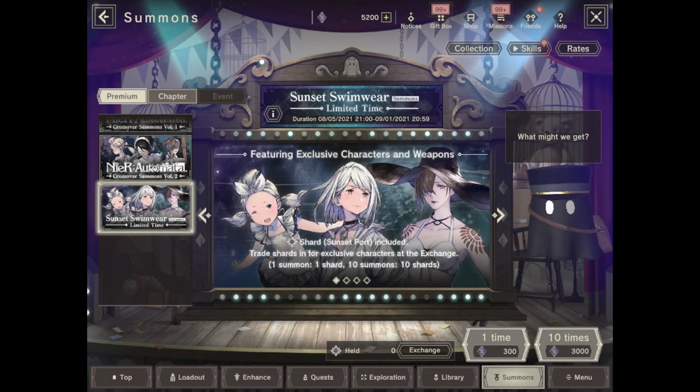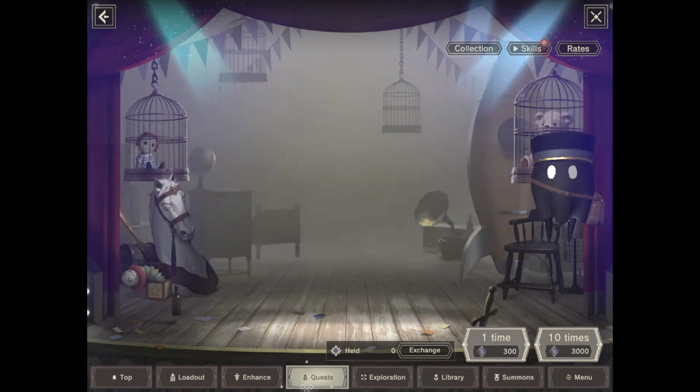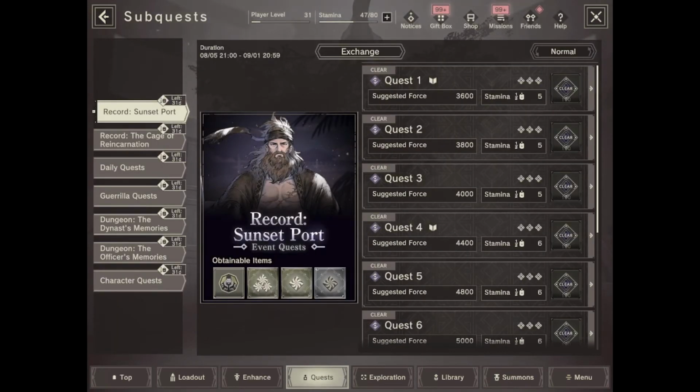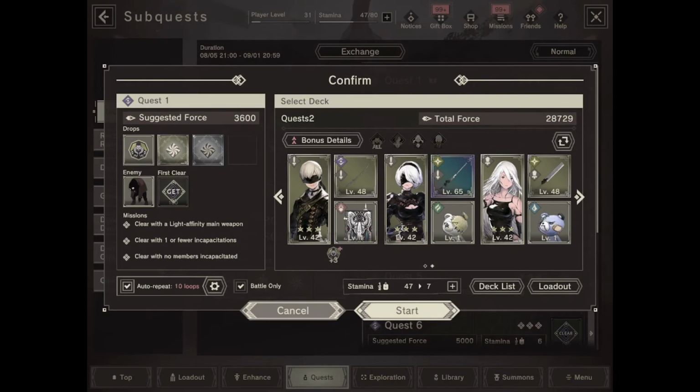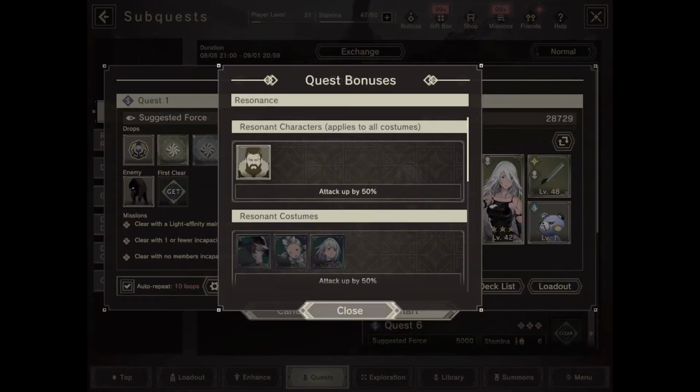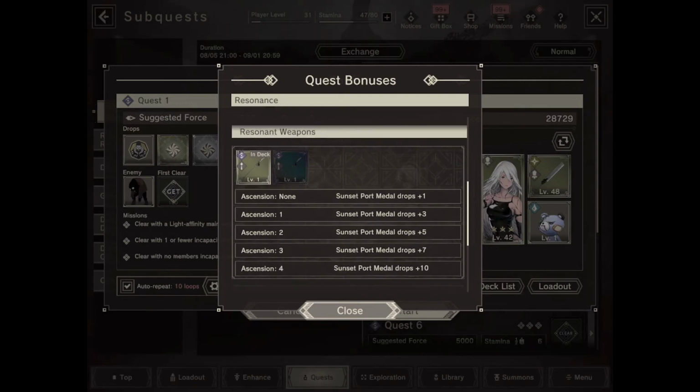It is the only bonus that can be guaranteed in this event, as the other weapons that give bonuses have to be summoned from the event pool, and you can't really guarantee gacha unless you're talking about the 200 shard exchange shop pity, and that's not really...